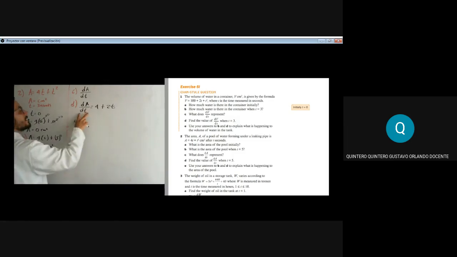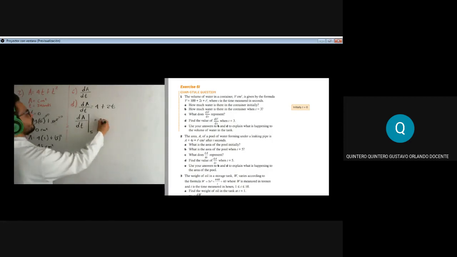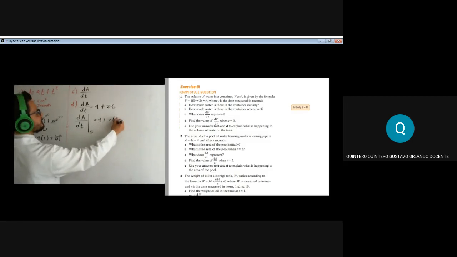Now we have the derivative, but we didn't replace t equals 5, which is the question. Question D says, find the value of dA over dt when t equals 5. To do that, just replace the t by 5. So evaluating will be 4 plus 2 times 5, which is 10 plus 4, so 14